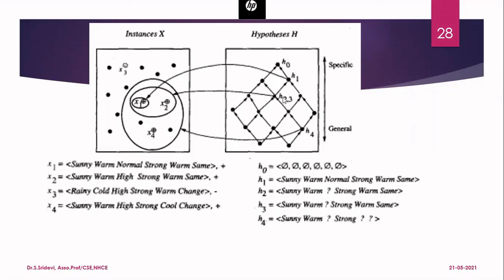And the reason I am writing H2, 3 together is that both are the same hypothesis. I have not changed anything. So we will write H2, 3. Then we have H4. That is again a more general hypothesis, so it should be written in the next level. So I'm writing H4 here. So if you consider this, the more specific hypothesis will be on the top and the more general hypothesis will be on the bottom.